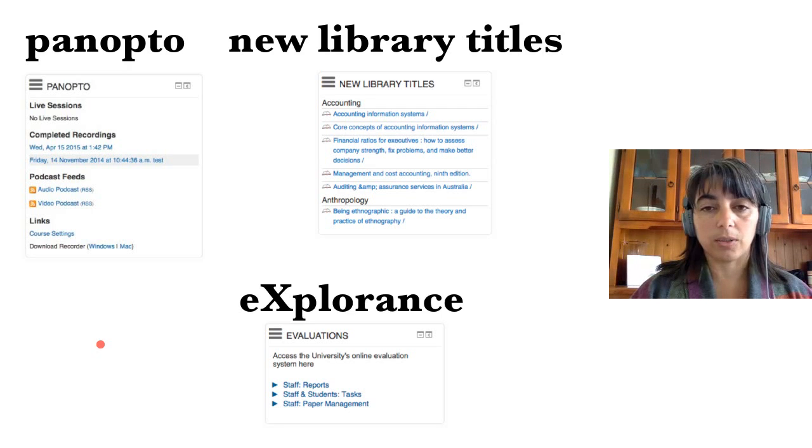The new library titles, this is a custom block that we wrote, and that links with our library database. So our library has a feed of all the new books that come in, and they are categorized by topic subject. And so we've got this block that we've developed, and you just choose what subject you want. So I've just randomly added accounting and anthropology because they go together. And so any of the books that are added to the library appear, and that's a link to our library